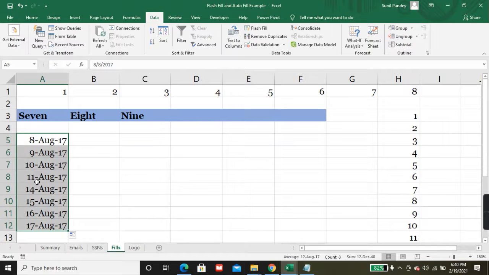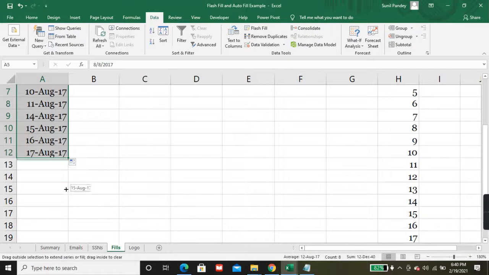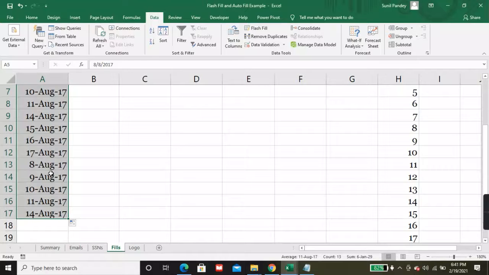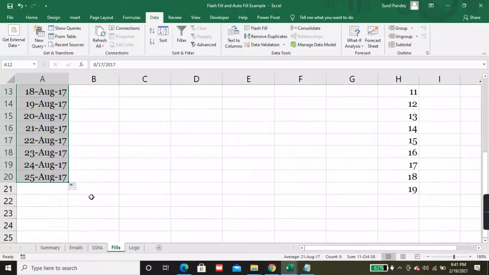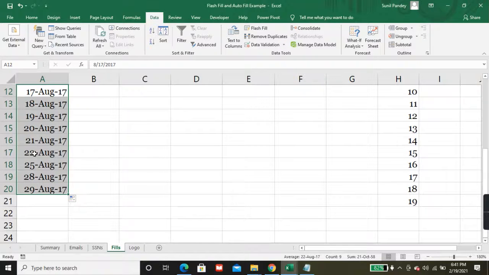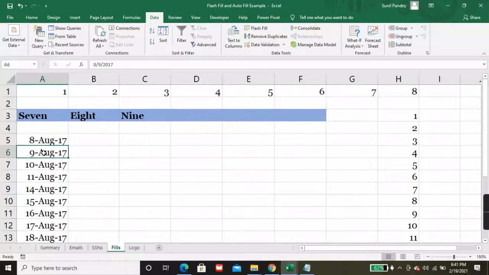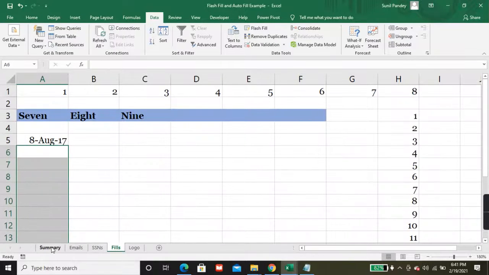After 11, 12 and 13 are Saturday and Sunday, and they are automatically excluded from the series. 11, 14, 15, and you can go on. You can drag it like this: 20, 21. If I select weekdays, after 22 it comes directly to the 25th. So this is fill weekdays.